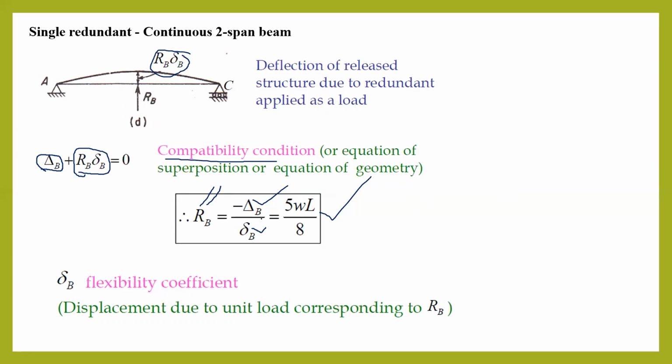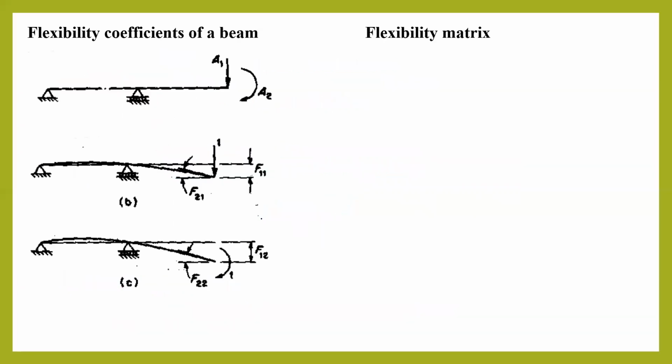Okay. Now let us see how to represent this. This we have already seen, flexibility influence coefficients. That's what we call them. In the stiffness method, we will talk about K11, K21, K22. Similarly, let us see now. If you take this specific beam, an action A1 was applied at the end, and a moment A2 was chosen. So let us assume that these two are the released forces or released components chosen for this problem.